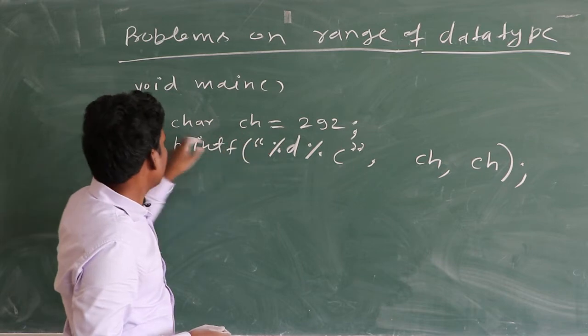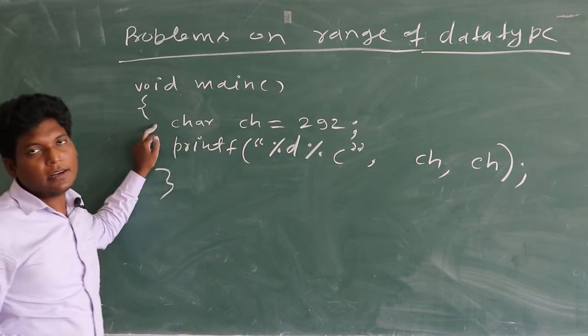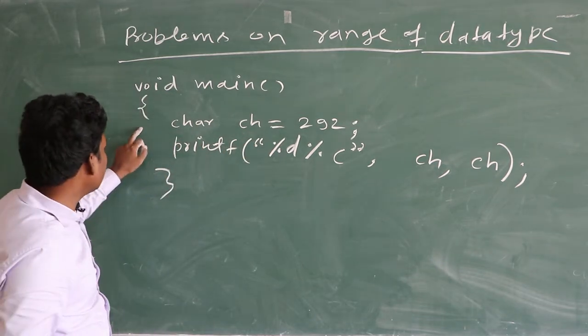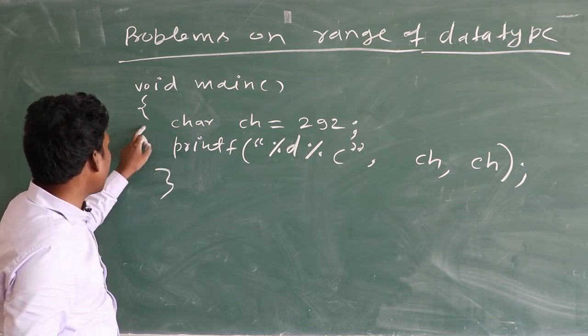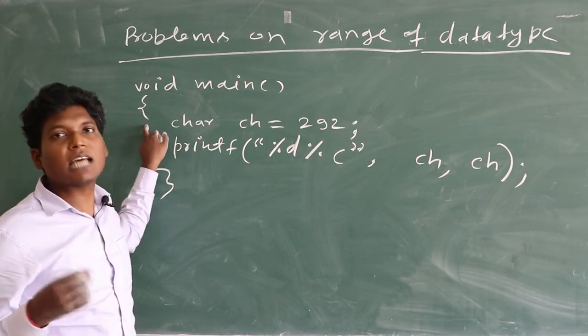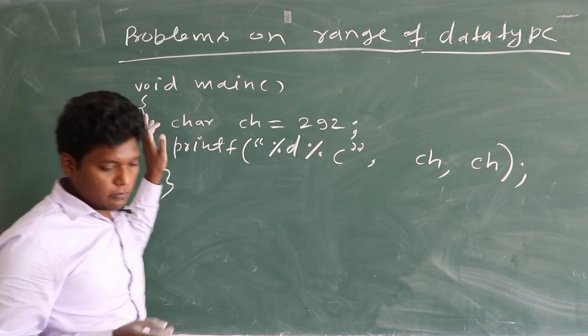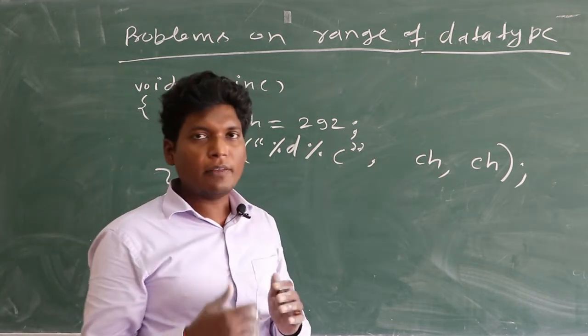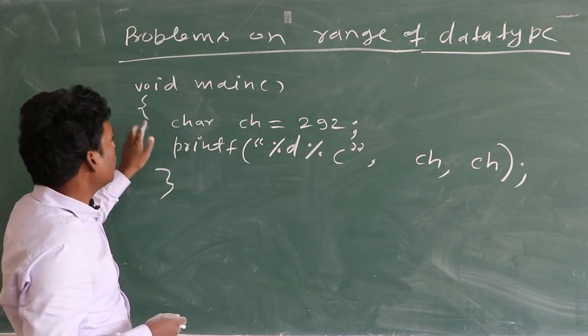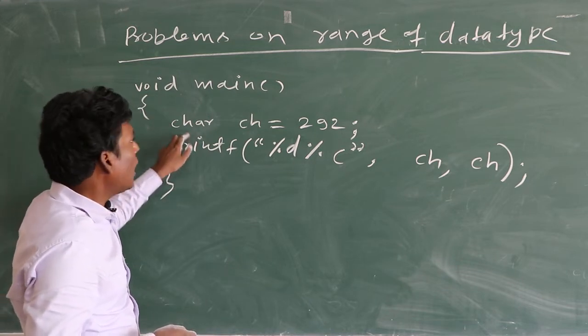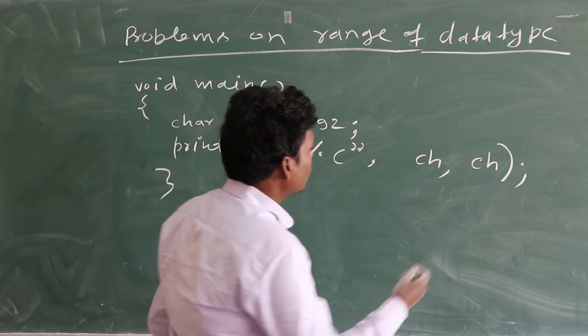So by default the data type is signed. This is the signed char. If there is nothing mentioned before the char, then by default it is a signed char. Signed is the default if nothing is mentioned before the data type. So this is the signed char. A signed char has a range from